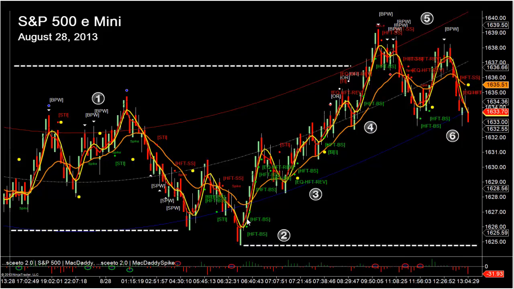The digital filters that plot the price sequence turned up, and the S&P auctioned back up to the overnight high and went on to make a higher high, trading above the minor resistance level at 1636 and auctioned up to 1639. As price traded to 1639, the order flow events indicated that the computerized programs were no longer executing to